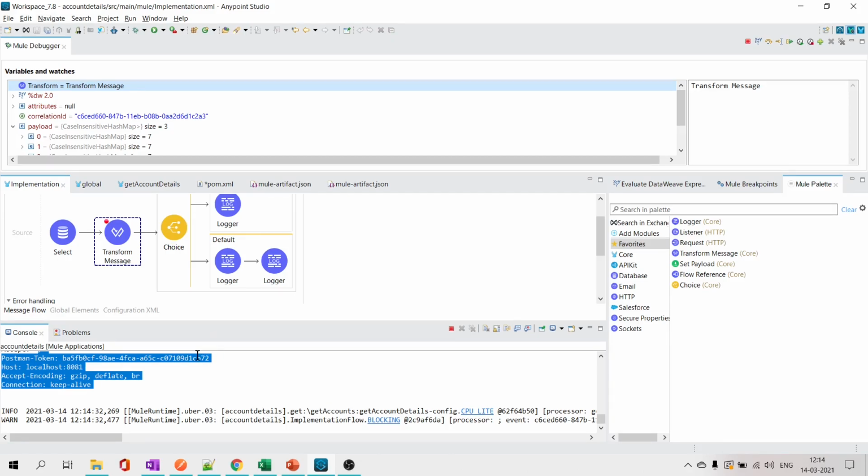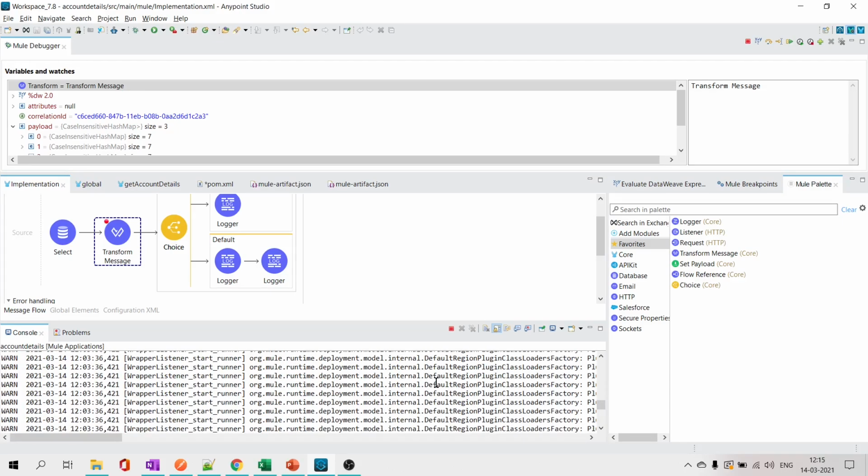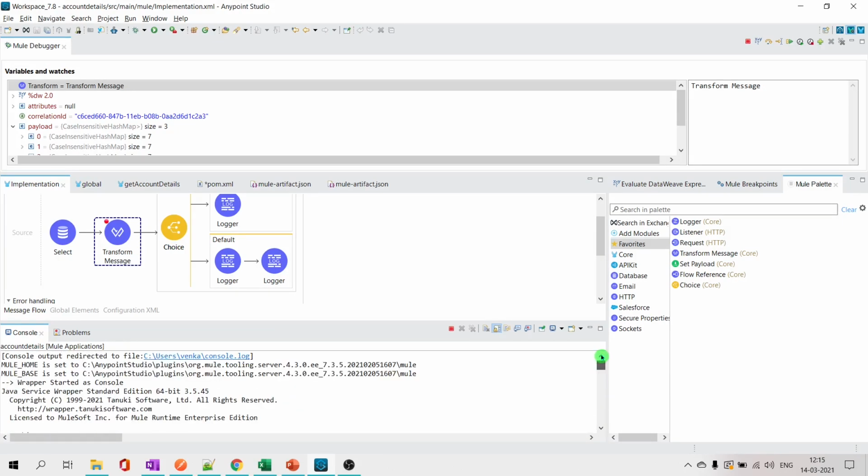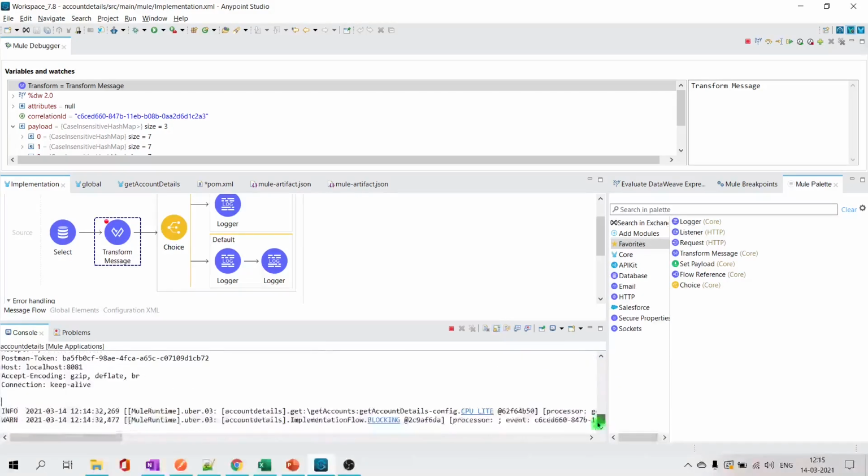Okay, let me tell you also this. The clumsiness is one problem, and the second problem is the console log will be overridden. If your flow is too complex, or if you're enabling debugging which gives you verbose logging, the earlier logs will be overridden, so you cannot see the previous logs if there is too much logging happening, or if you're testing the same flow multiple times. These two problems can be solved with this. How do we do that?